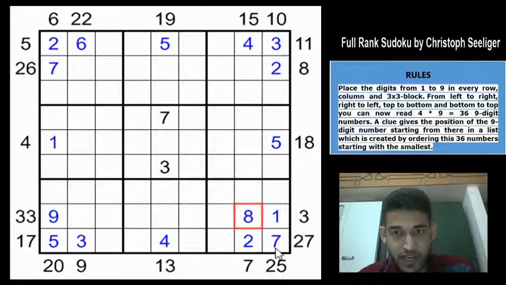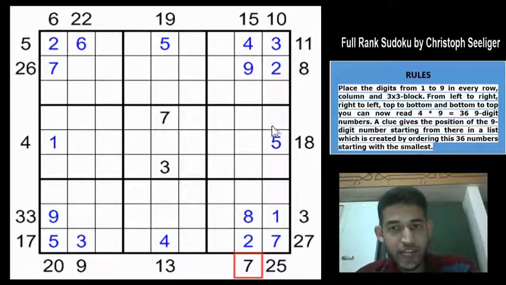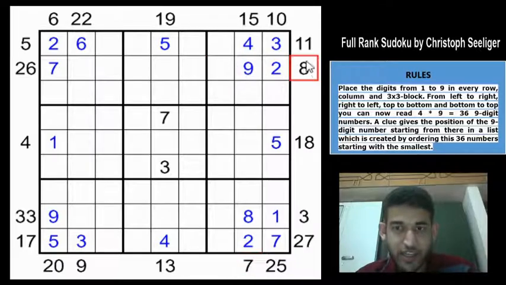And is there an 8 clue? So there is an 8 clue here, right? And this must be greater than the 7 clue, right? So the 7 clue is 2 8. So this must mean that this is at least 8, but 8 is not going to be possible. So this would have to be a 9, so that the 8 clue is greater than the 7 one. So basically we are getting fragments of 9-digit numbers, and using the outside clues we are proving that those numbers are greater than the clues, right?